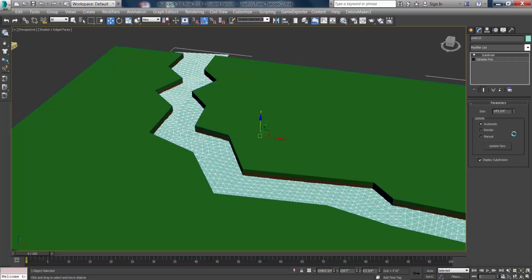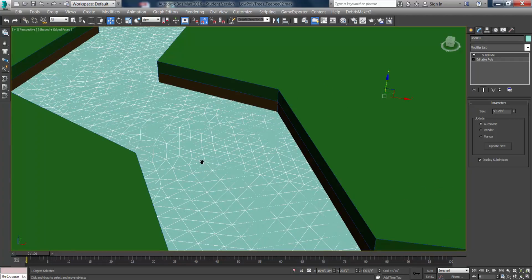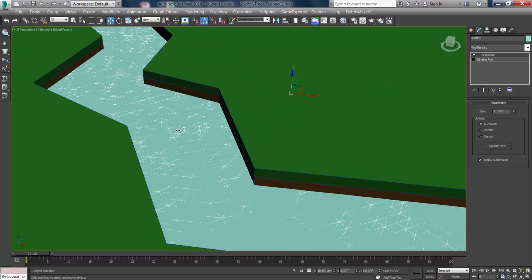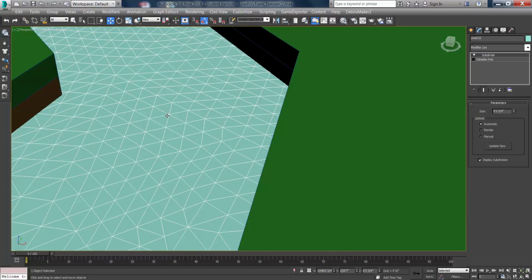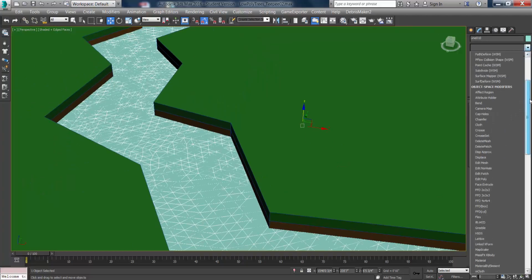So this is also good for things like cloth, or when you're trying to simulate anything like cloth or water or anything that has to bend or add noise to it. So that's what we're going to do here. We're going to add noise on top of this. So if you add the noise modifier,